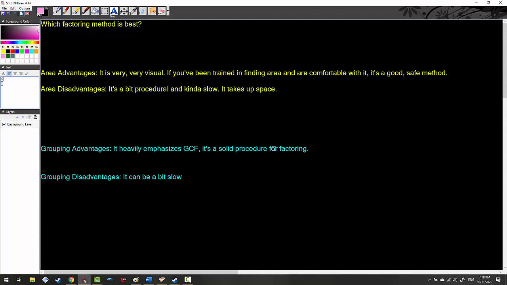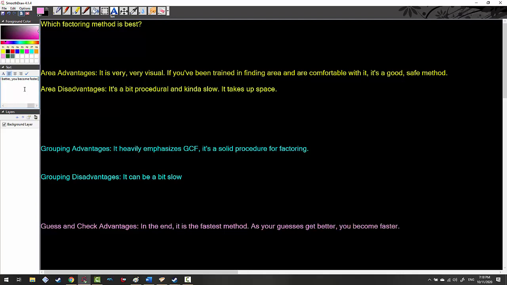Okay, and then the guess and check. The guess and check advantages. I believe that with guess and check, in the end, it is the fastest method. In the end. And so as your guesses get better, you become faster. But like I said, faster doesn't always mean better. So the guess and check disadvantages